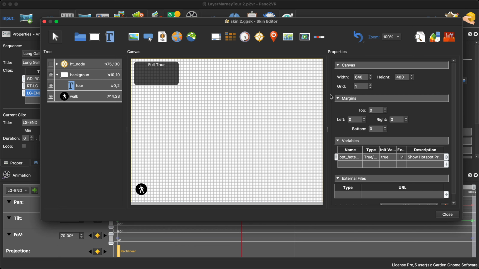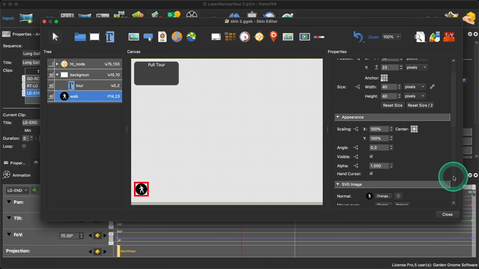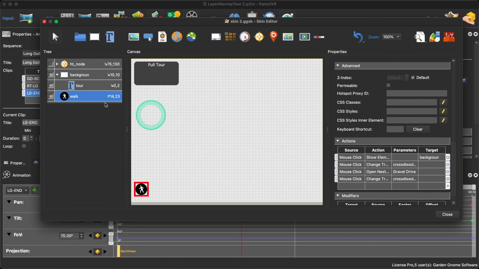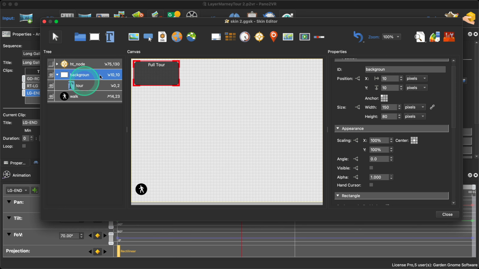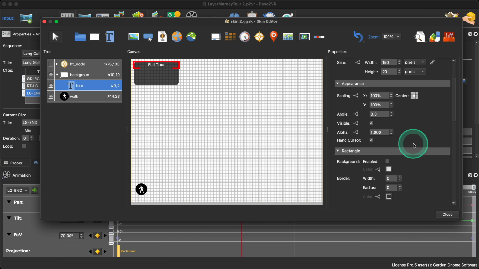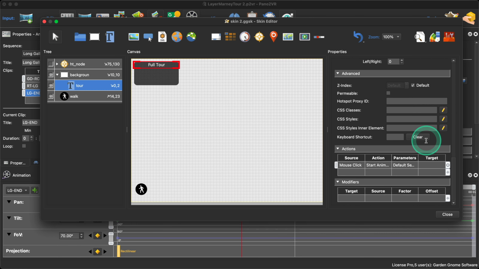Now, as you saw when I first showed you the default sequence where we looked around the whole tour, it had this rectangle as a background. So there it is. I've got a hotspot here that we can move around the nodes manually as and when we want to. There is my walk button here. What that's got is just a simple mouse click show element background, so that's what it does. There's some other actions in there which I'll explain in a second, and then what the background's got is a text box that's got basically a hand cursor selected, and it's just got the action mouse click start animation default sequence. So what I need to do then is add another text box in here to start the sequence long